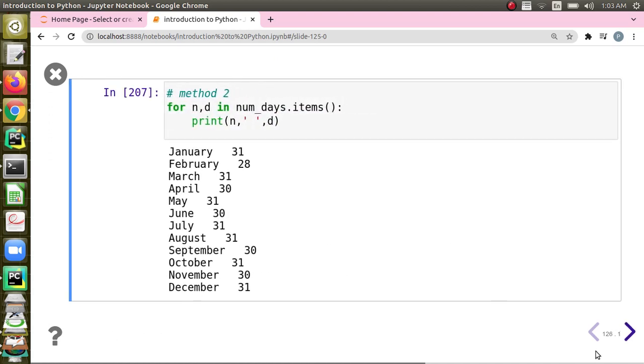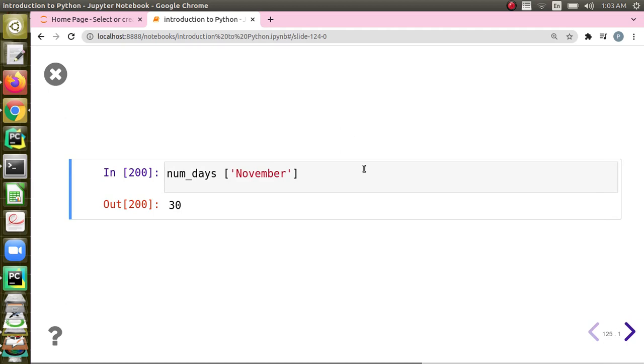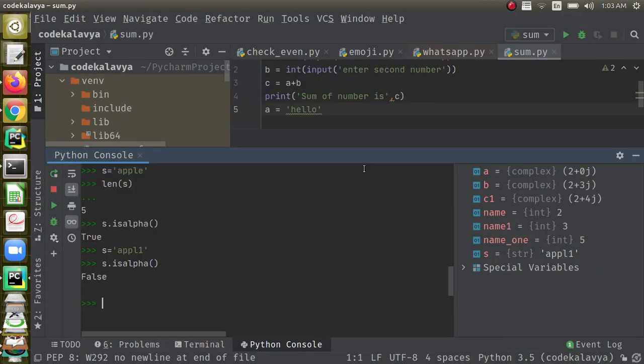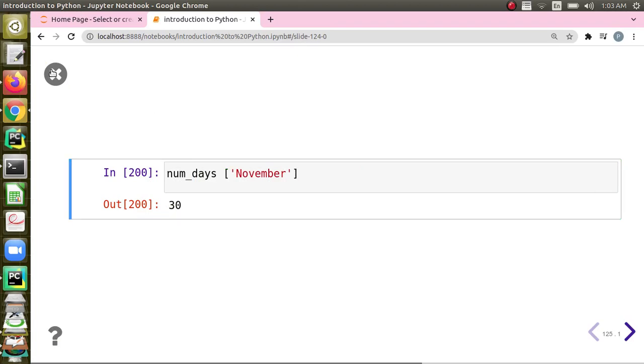And one more thing: suppose you want to take the month names. I'll just do that and show.